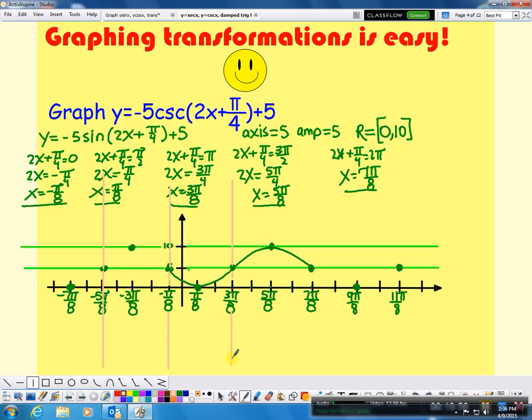So when I say a middle point, I'm talking about the points on the sine wave that go through the axis of the graph. And then in this case, the axis of the graph is at 5. So any point on the sine wave whose y-coordinate's 5. Once I have those plotted,